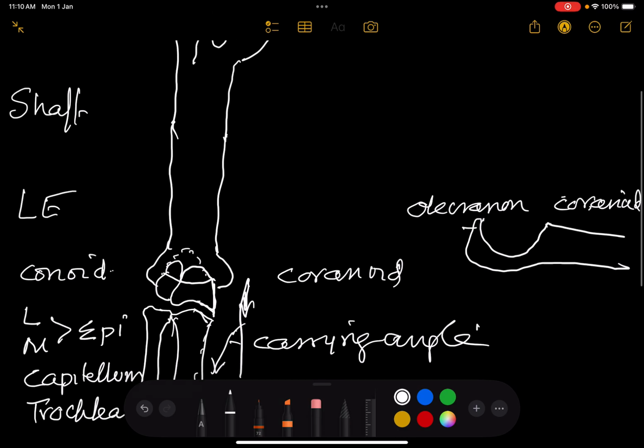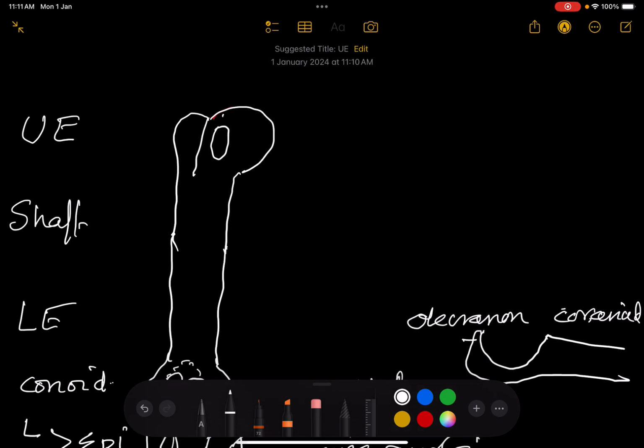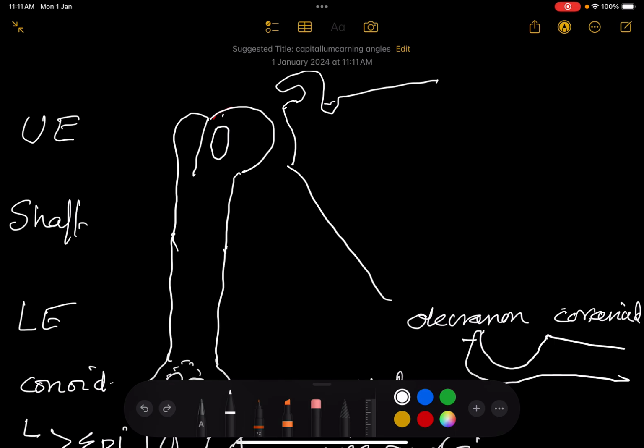So this is the lower articulation, and this head articulates with the glenoid cavity of the scapula. The supraglenoid tubercle, the coracoid process, the suprascapular notch, the medial border, the glenoid labrum, the lax part of the capsule attached to the anatomical neck, the long head of the biceps coming from the supraglenoid tubercle passing in the bicipital groove,